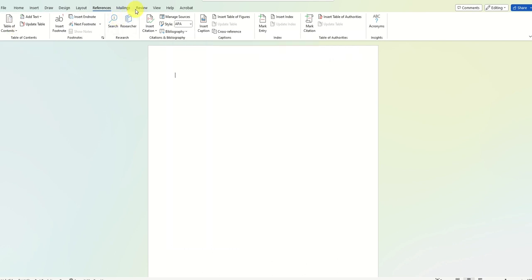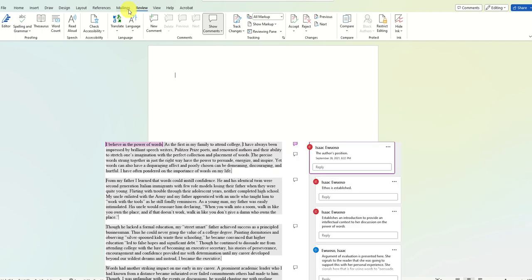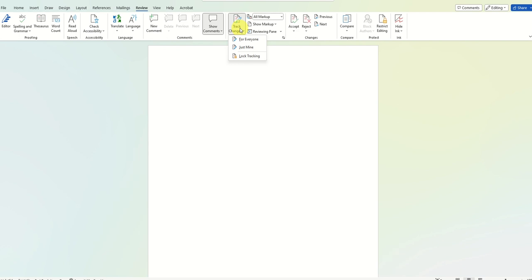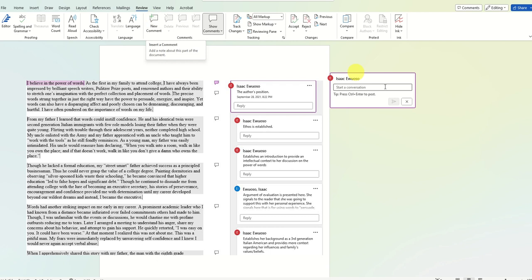The next tab, or the last tab, is the Review tab. It's right next to the Mailings tab. It's one tab that I rely on a lot when I comment on students' documents. To do this, I have to enable track changes on their documents, individual documents. The comments tool lets me perform other functions as well. Here as well, I insert new comments just by clicking on the icon, insert a comment, and then